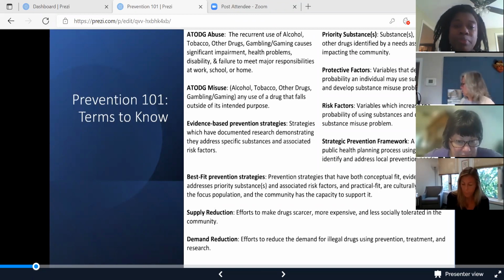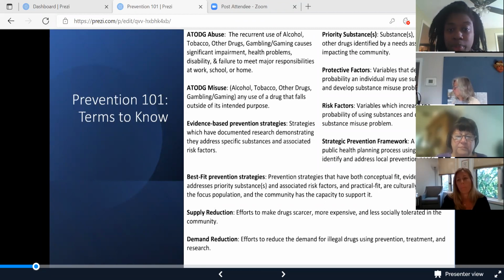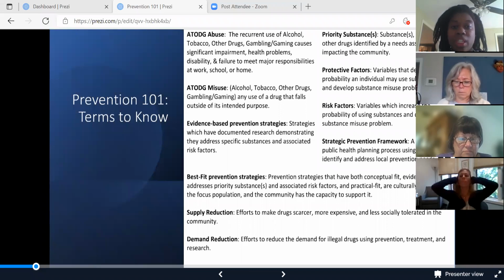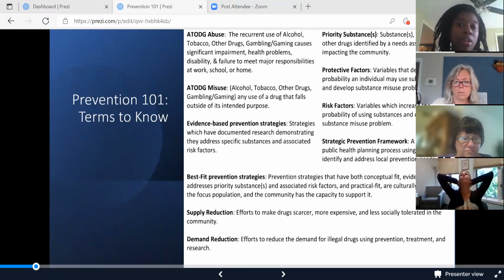One of the terms that is not on this slide is adult use marijuana. You'll hear me use adult use as opposed to recreational to denote that, like any other substance, use of marijuana is not necessarily a fun thing, as a way to reduce stigma among youth and experimenting with this substance. So you'll hear me use adult use as opposed to recreational use.